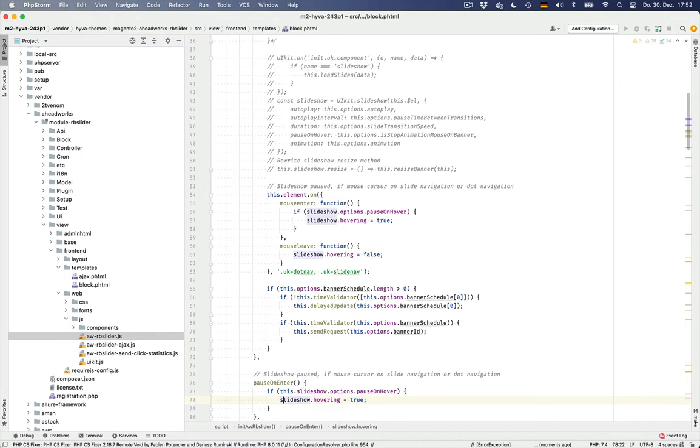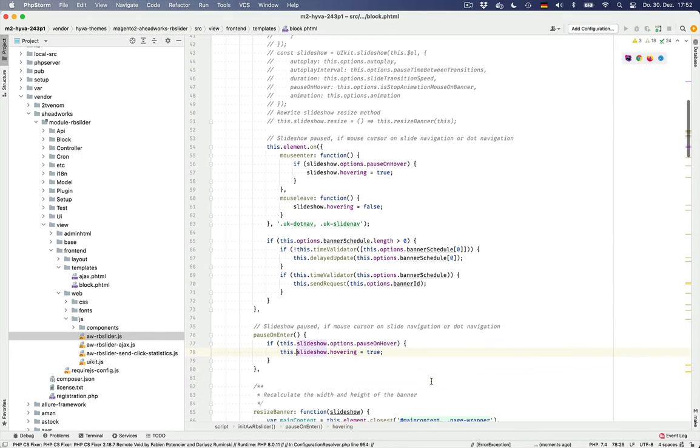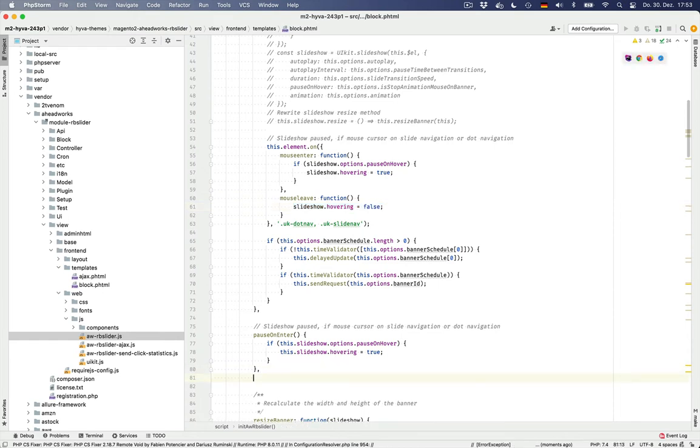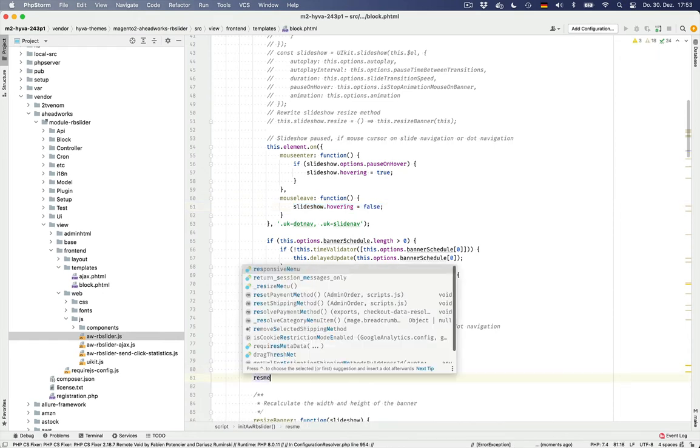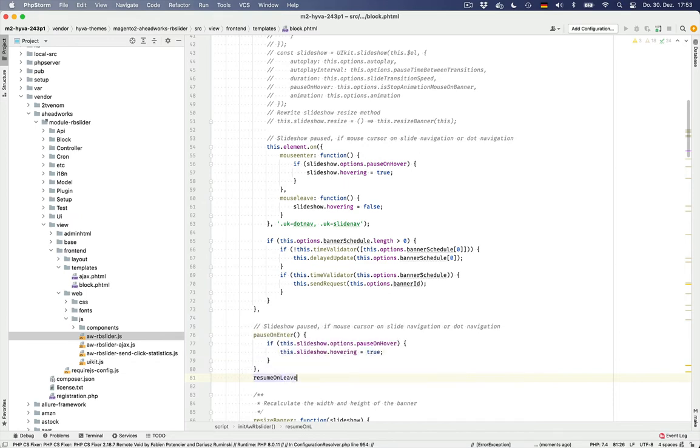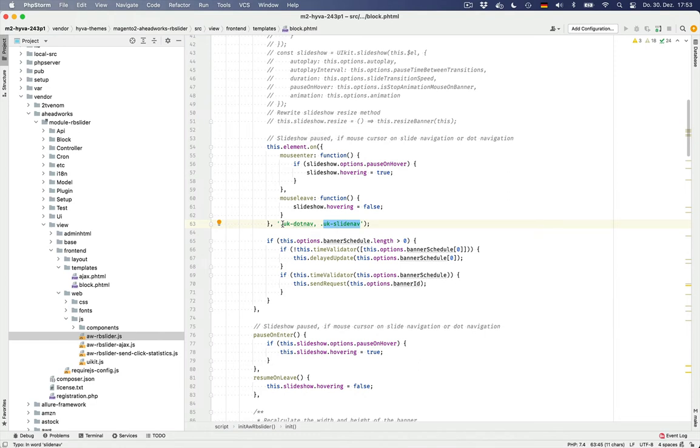This, no, this. I feel very German with the typo. Okay, and then we also have this callback here. How about we call this resume on leave? Sounds good enough. Okay, so now we have to find all occurrences of .nav and .uk side nav and add